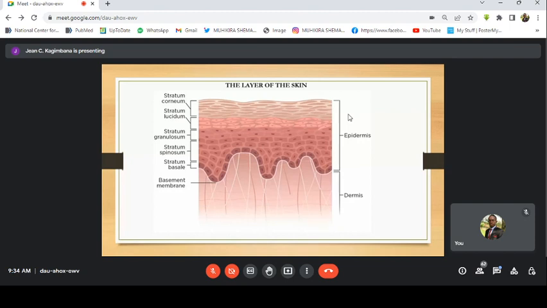This is made of stratum corneum. That's why, of course, this still plays its role of protection. That's why we advise people to not use this